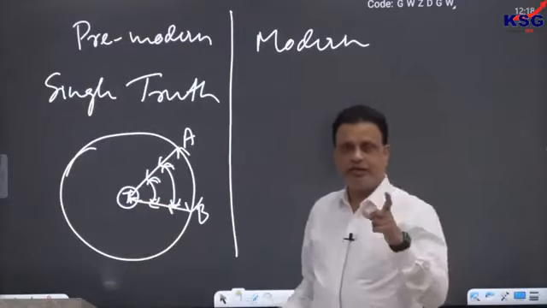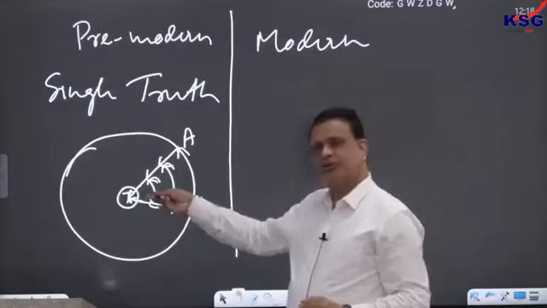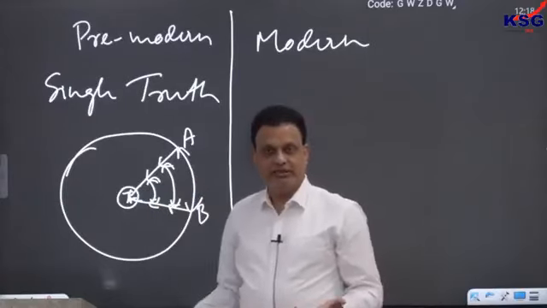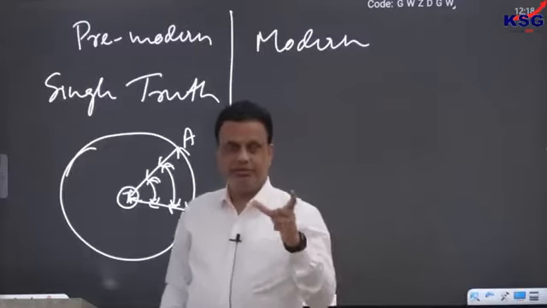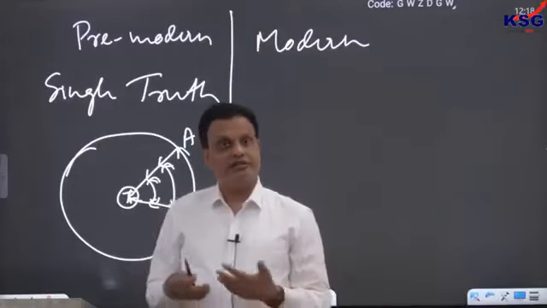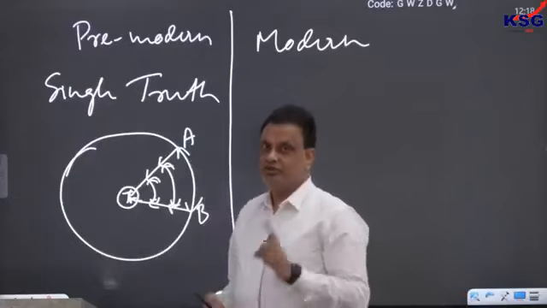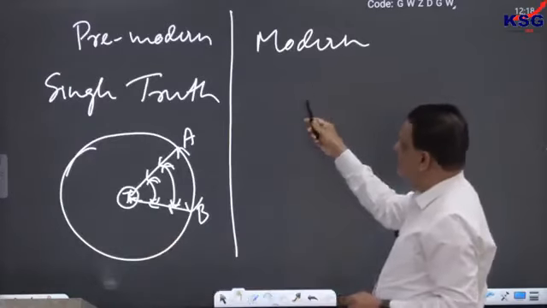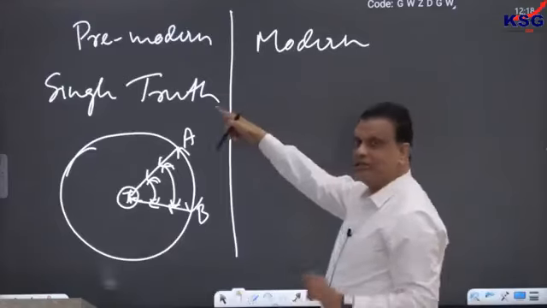So if both of us are knowledgeable, then both of us will become the same, because truth is only one. If there is a difference between us, then that is a sign of ignorance. So any difference between people is necessarily a sign of ignorance, lack of knowledge, lack of truth. So truth is only one. That is the idea. Modernity, on the other hand, believes that there is nothing called single truth.